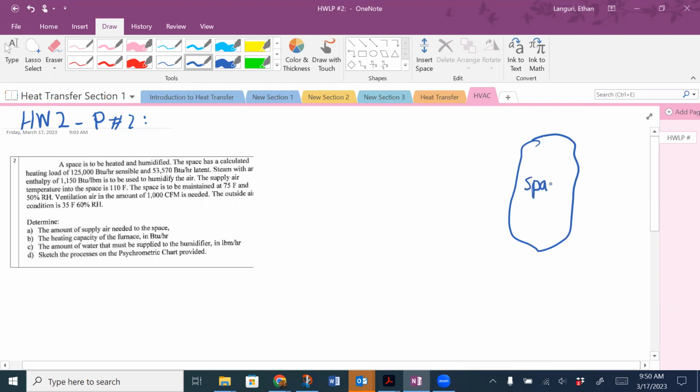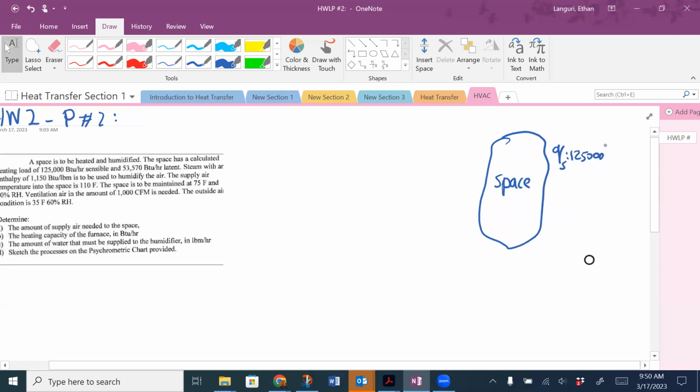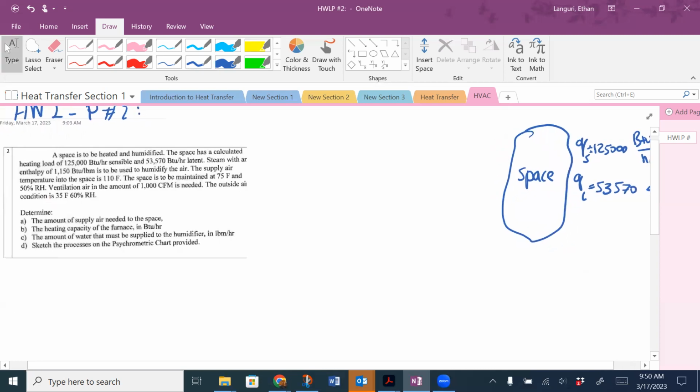My space. So Q sensible of 125,000, and the unit is BTU per hour, and Q latent of 53,570, same unit. The steam with an enthalpy of 1150 BTU per pound is to be used to humidify the